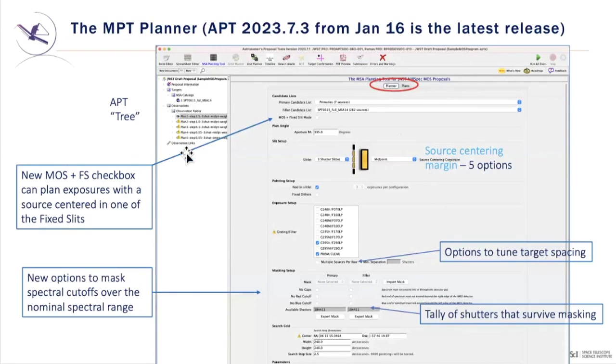This is the APT tree here. So this is the view of the planner and all of its different criteria, okay? There's a primary candidate set and a filler candidate set. There's this new little checkbox for MOS plus fixed slit mode. And what that does right now is it allows you to plan an individual source in a selected fixed slit at the same time that you're observing your MOS